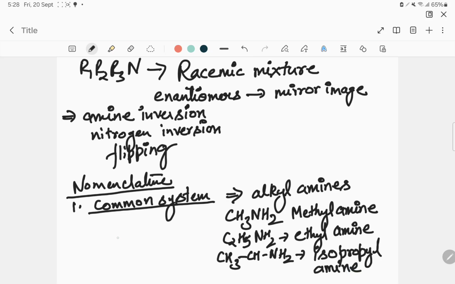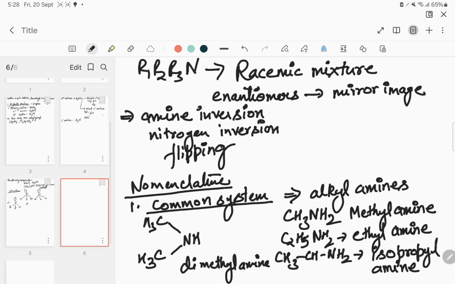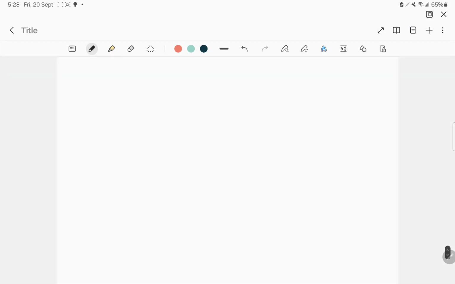If we are having a secondary simple CH3, this is known as dimethylamine. Or if we have NH, diethyl